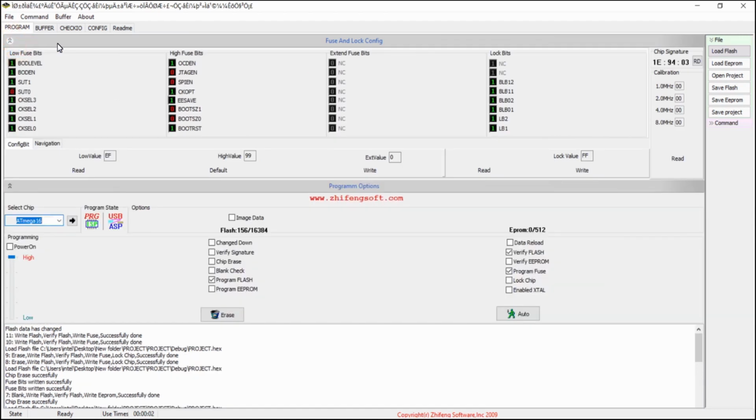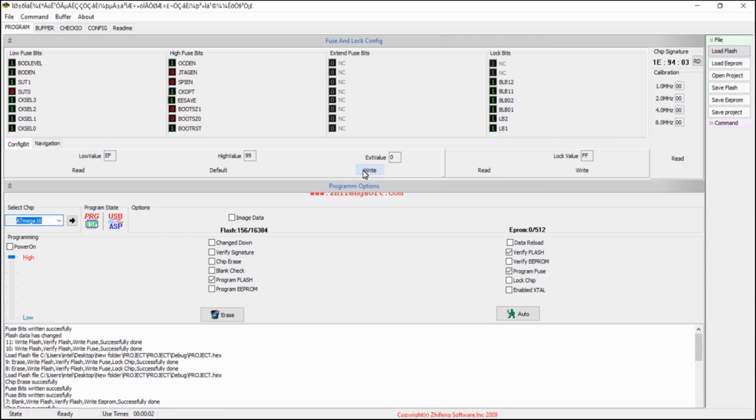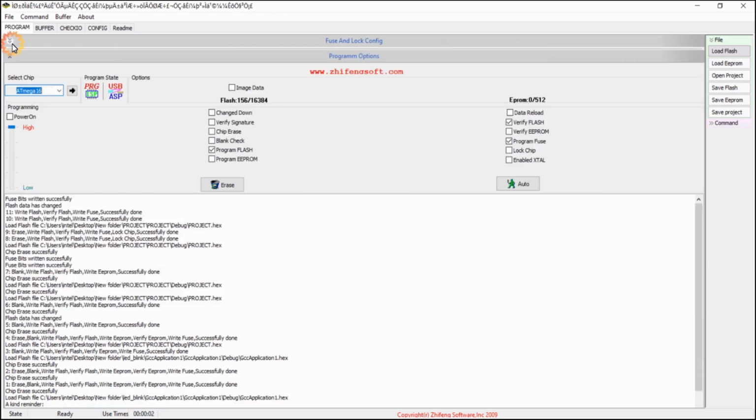Go to the fuse and lock configuration bits tab and here set the clock selection 3, clock selection 2, clock selection 1 and clock selection 0 to be 1. These 4 bits must be 1 for selecting the external crystal oscillator. And now click on this write and you can see the fuse bits will be loaded.